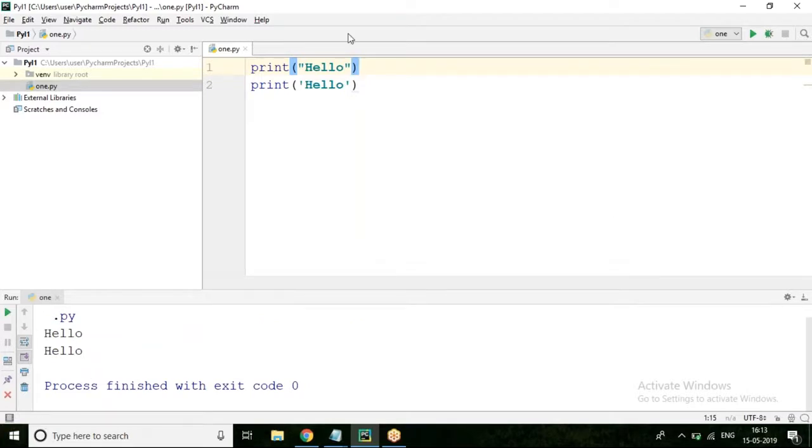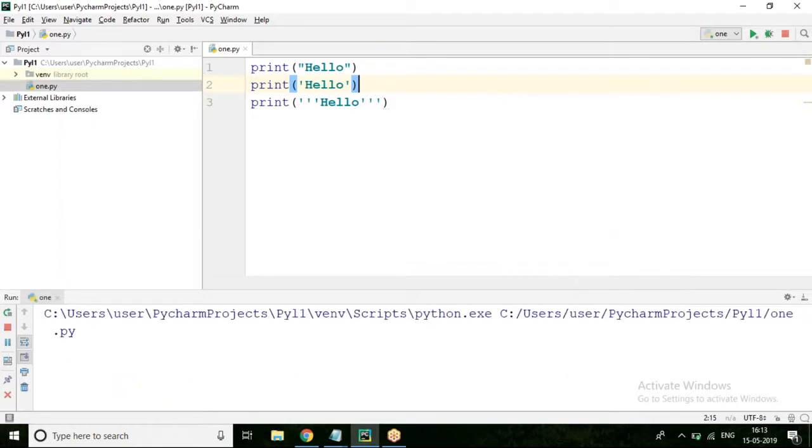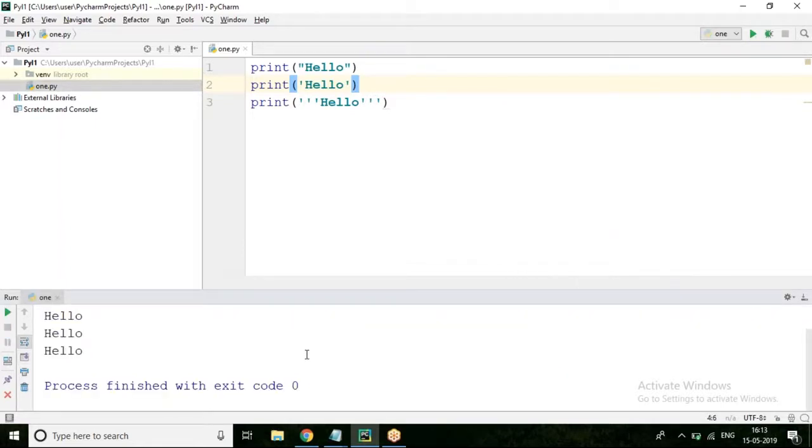Yes, it was printed. Similarly, if I put something in triple quote, will it be printed as it is? Yes, it will. So what we can say is, in the print function, in the double quote, single quote, or triple quote, whatever we write, that will be printed as it is onto the monitor. This is the way we print something in Python onto the monitor.